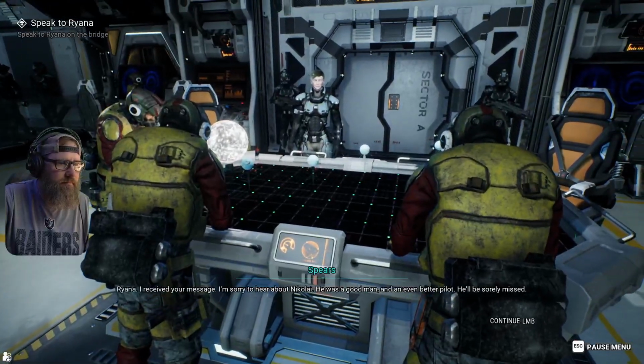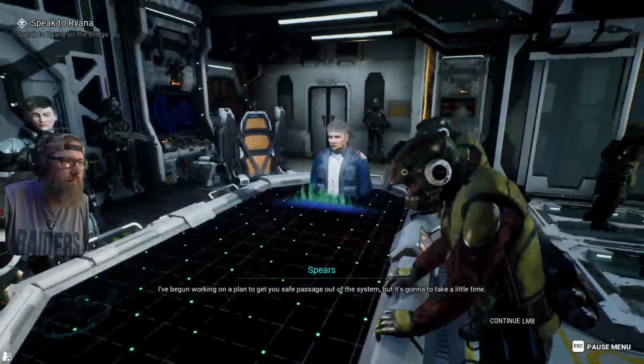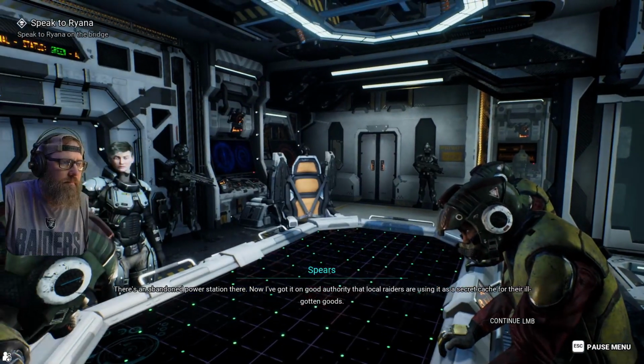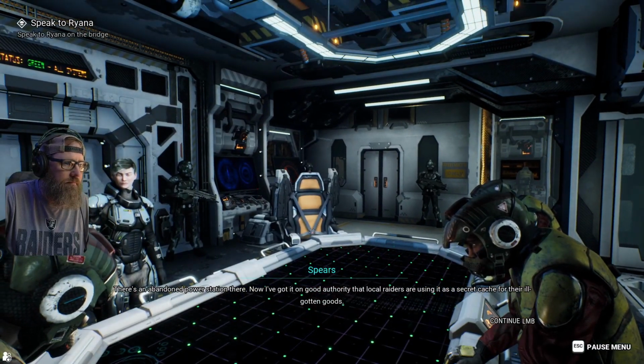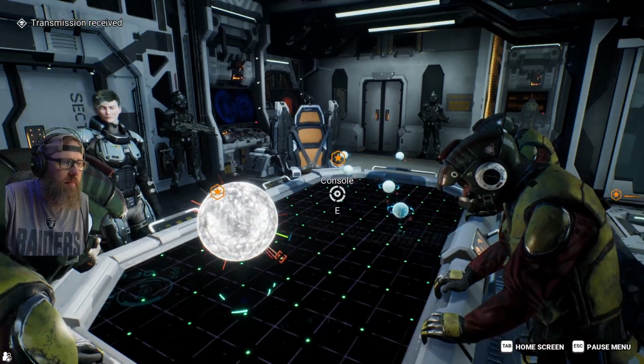Hey, Commander. Rihanna, I assume his son will be taking over the operation. Nikolai was always... there's an abandoned power station there. Now, I've got it on good authority that local raiders are using it as a secret...